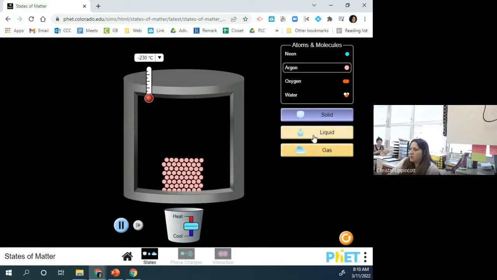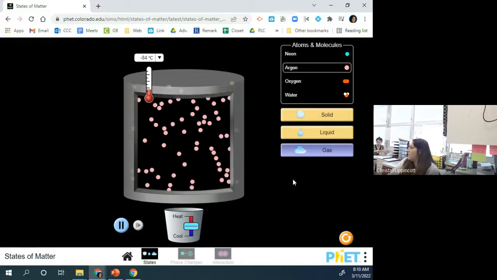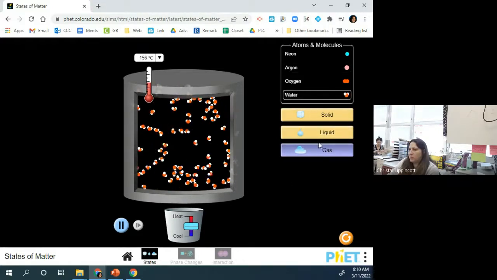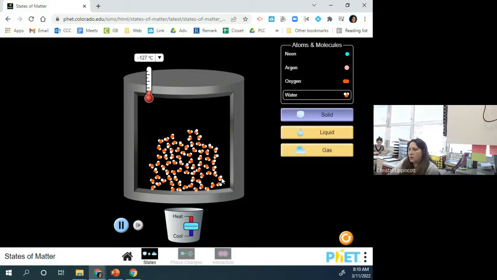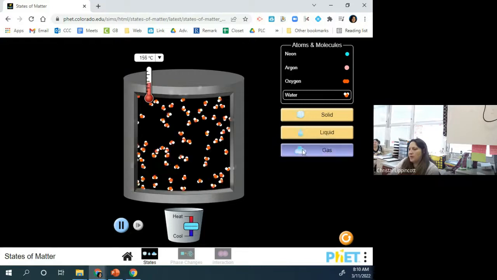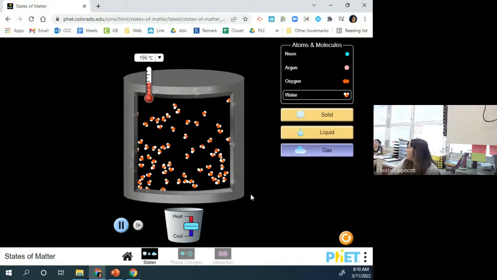Okay, here's your solid, here's your liquid. They're sliding past one another. And here's your gas, where they're all spread out. That makes sense? Solid water, okay? We've got our hydrogen bonding, okay? They're trying to show you here with the water that water is less dense in the solid form than it is in the liquid form, and that's why ice floats. And then in the gas form, everything's spread out again,